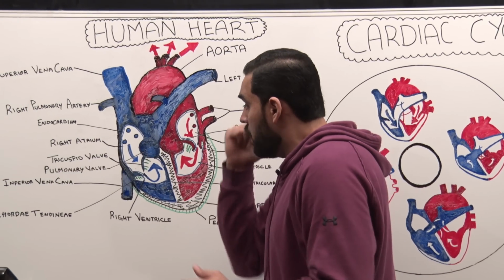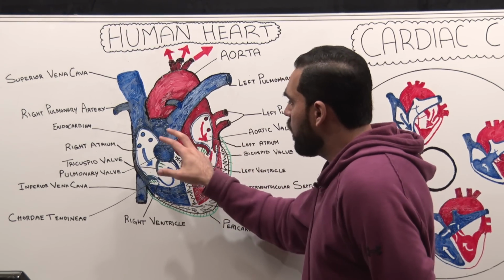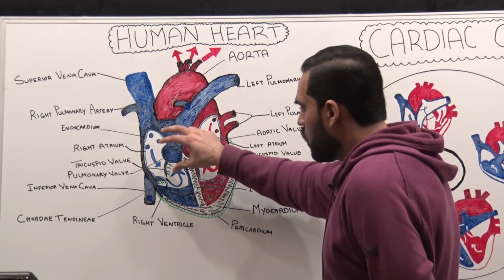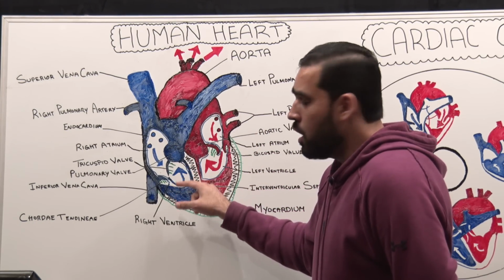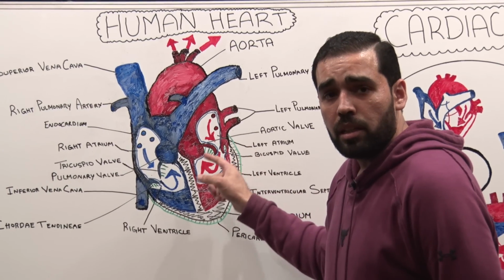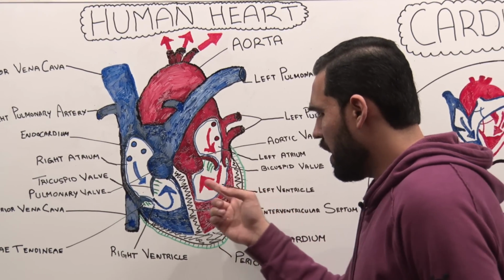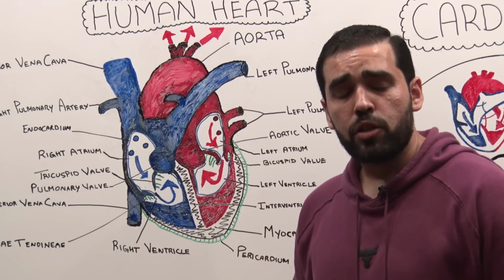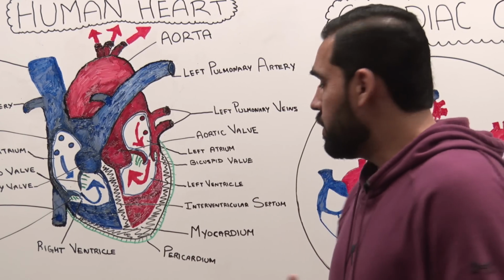Well, anyways, so let's just do a quick overview again. So we have two atriums, and then we have two ventricles. Both atriums are separated from the ventricles by two valves. On the right side is the tricuspid valve. On the left side, it is the bicuspid valve, or the proper name is the mitral valve. And once the blood is in the ventricles, it needs to be pumped out. Like I said, atriums always receive the blood, and the ventricles always pump out the blood.